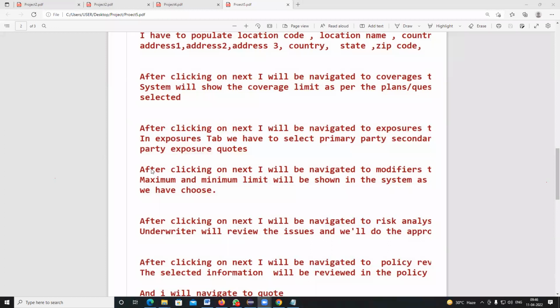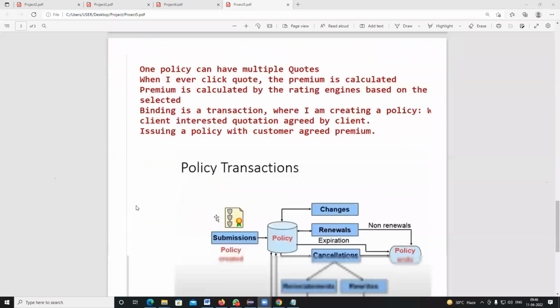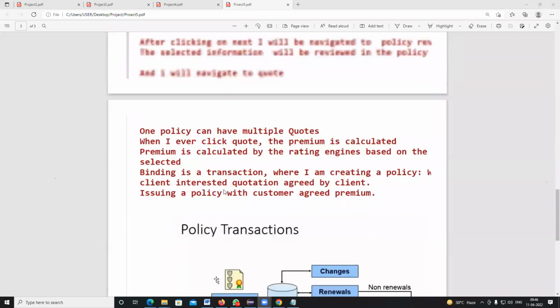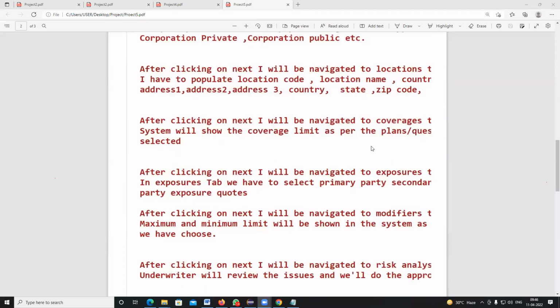Primary party means it is generally taken for you only. So if you want coverage for the primary party, secondary party, and third party, all the coverages, you are taking them. So whatever things you are selecting, suppose